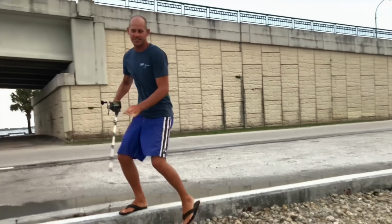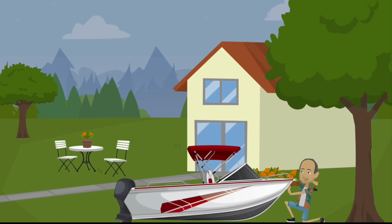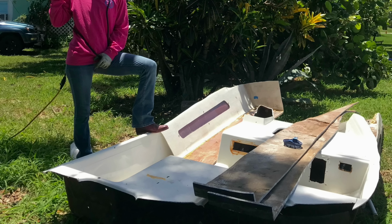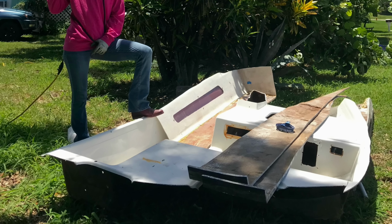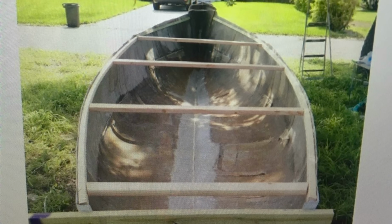There he goes. This was my first wild and crazy build, and really the build that would forever shape this channel and all of my future builds. So we pulled It's Fine out of the water, threw it in the front yard, and started cutting away. Here you can see Chelsea had just finished cutting a bunch of the interior pieces. I then proceeded to cut the center out of the boat